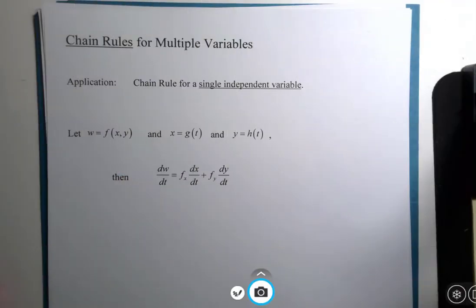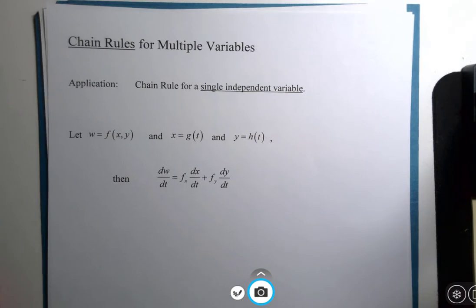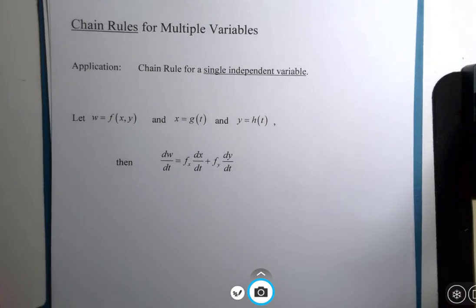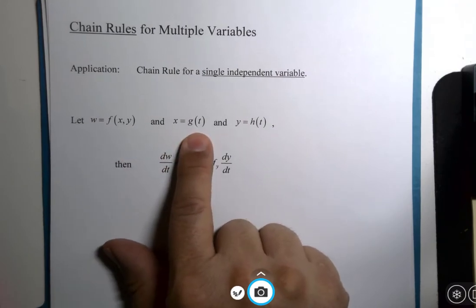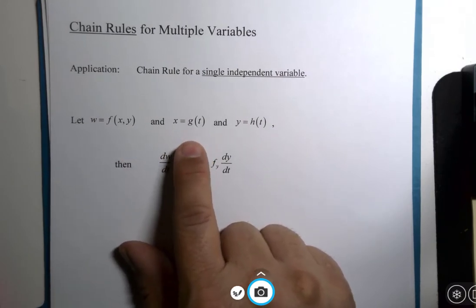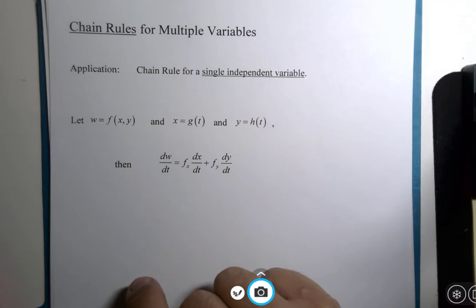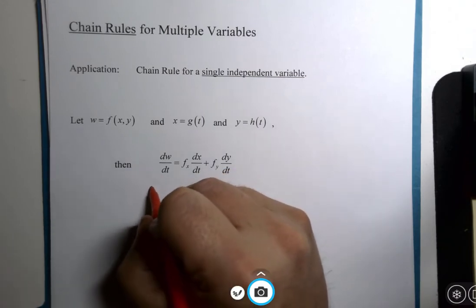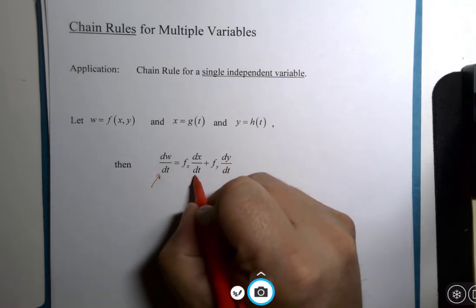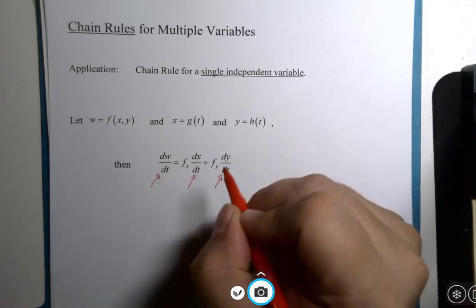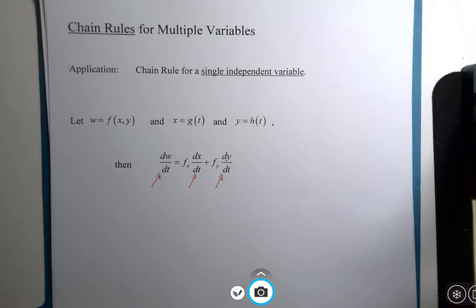Let's look at this chain rule for a two-variable function with a single independent variable. But let's look at it differently than you can just copy a formula or memorize a formula. If we were to just investigate these statements here, among the applications we learned in the earlier part of calculus when we were studying single variable everything,